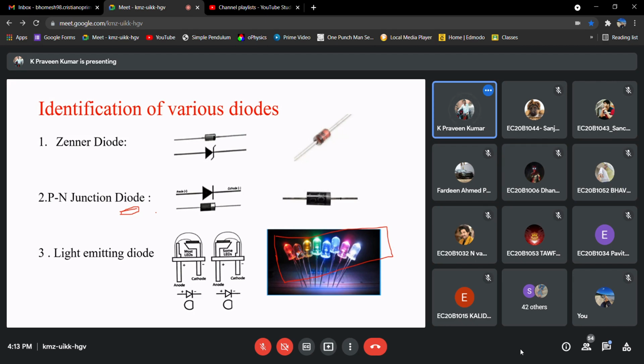Any other thing regarding the diode? Yeah, no problem, you just say what you know. Allows current flow only in one direction. Forward direction, yes. Correct.